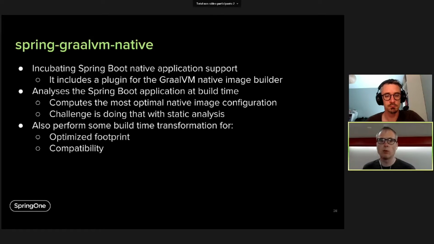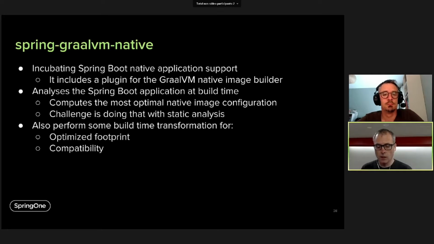So what really is this project? Basically, it's a plugin for the GraalVM Native Image Builder. And its job is to tell that native image builder about the configuration your application will need to run successfully. So it is analyzing your app and it's saying, oh, you need access to this resource, or reflection access to these types, or this proxy to exist. And it tells native image builder that so that it's all included in the image